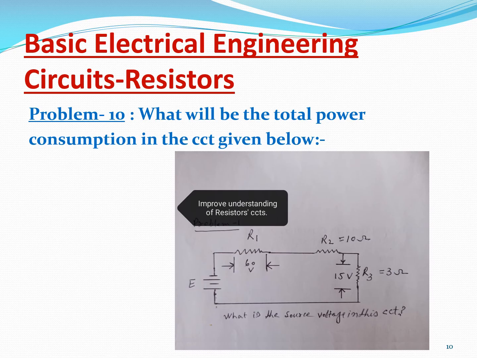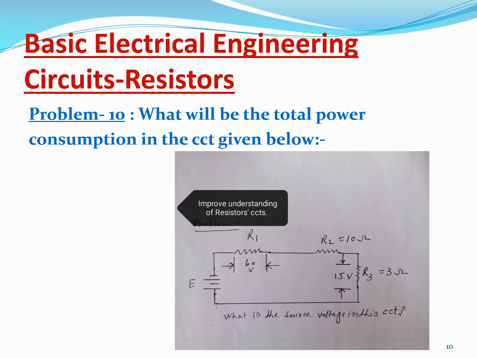Or if you want to calculate it otherwise, the current, that is the 5 amperes, passes through R1, R2, R3, and we had to calculate the voltage also across R1. Say for example it is 60 volt, R2 it is 50 volt, and R3 it is 15 volt. So when you multiply 5 by 60, it is 300, then plus 50 multiplied by 5 is 250, so that is 550, and then 15 multiplied by 5 is 75, and if you add up all this it will come out to be 625 watt.